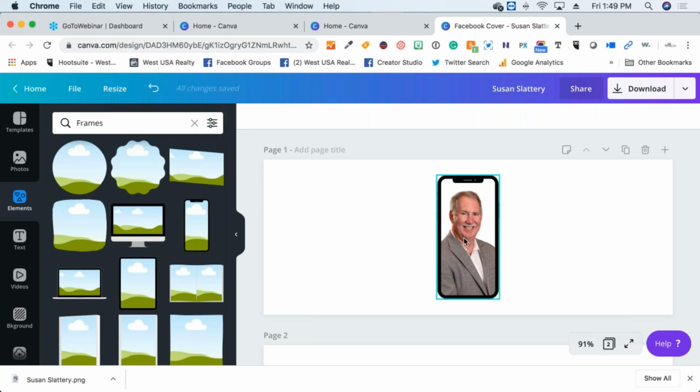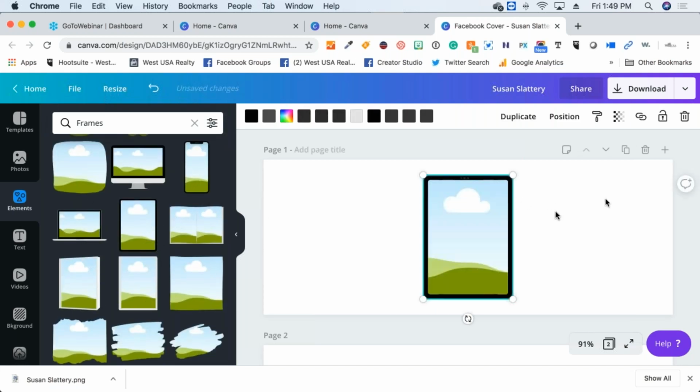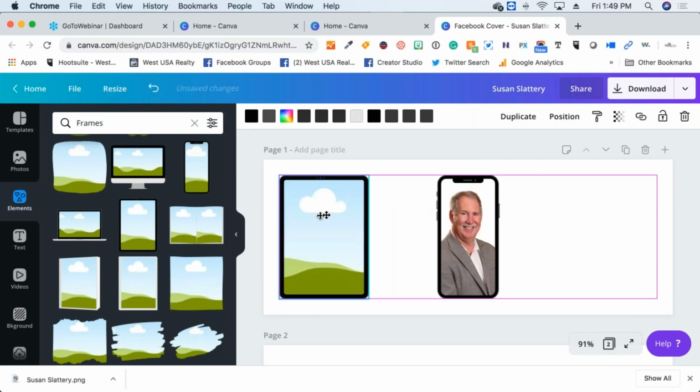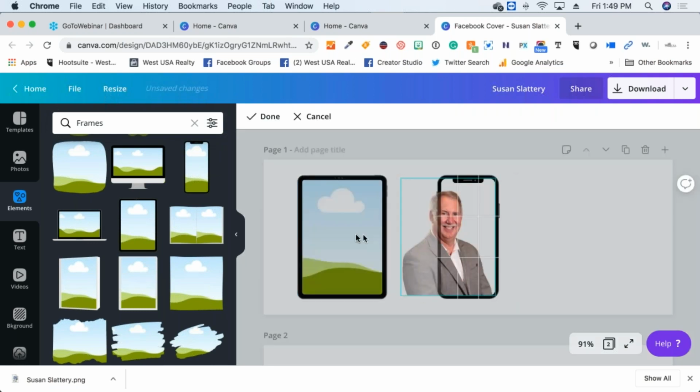Like, hey, download my app to create MLS searching. You can use your finger to draw an area, whatever your value proposition for your app is. But you can easily just take this frame that Canva provides for you in the shape of a smartphone, and then you drop in your screenshot of your app, and then there's some posts for you. Or if you wanted to do an iPad version, which the app is available on the iPad as well, you can take a screenshot and then drop it right in there, and you've got yourself